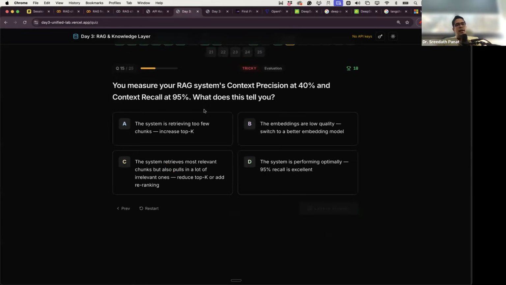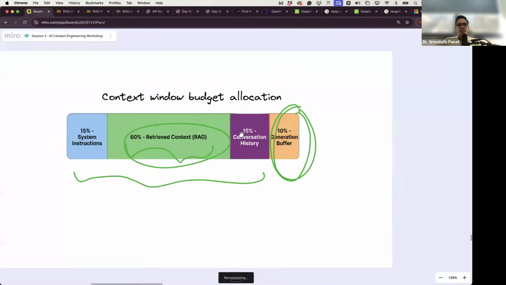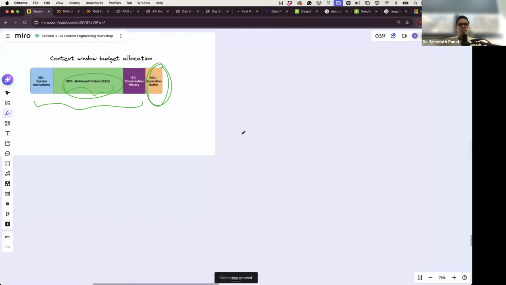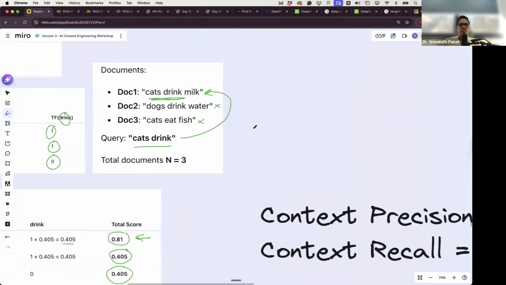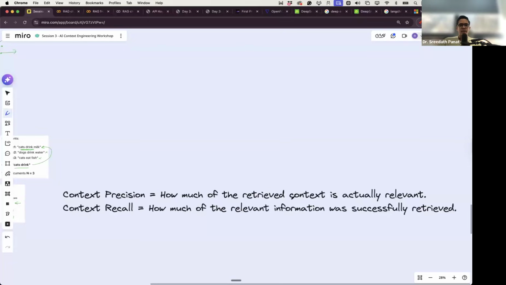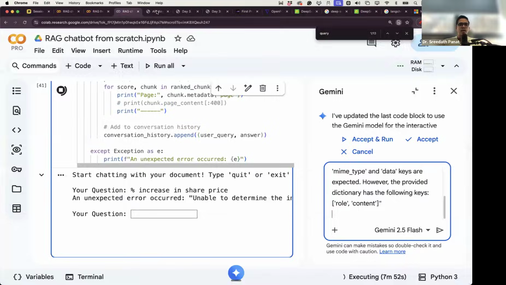Okay, so how about this? Your RAG system's context precision. The definition of context precision is how much of the retrieved context is actually relevant. Recall is how much of the relevant information was successfully retrieved. So just remember this. Precision is if you retrieved 100 items, how many of them are useful? Recall is if you intended to retrieve a certain 100 items, how many of those 100 have been retrieved? Now with that in mind,